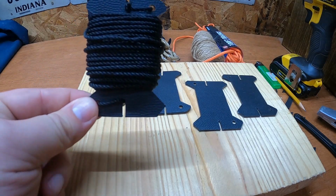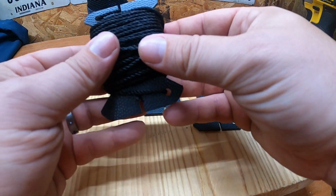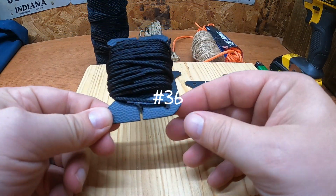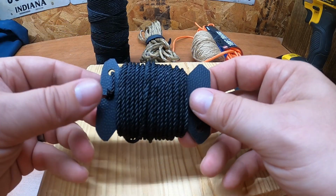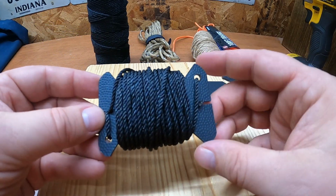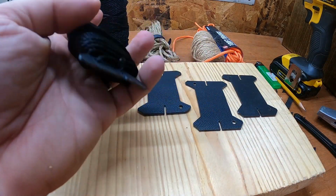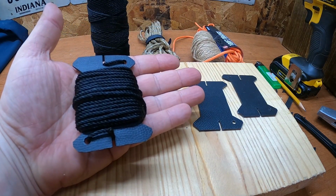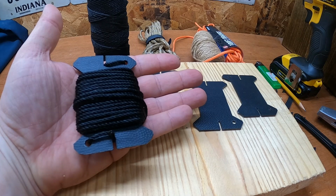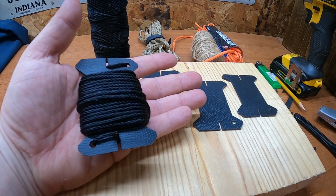As you can see, I spooled one of these with some number 6 bank line, and I will show you how. This is 20 feet of bank line, fits in the palm of my hand, can easily grasp it, and it can pretty much go into anything as far as your front pocket, back pocket, cargo pocket if you're wearing cargo